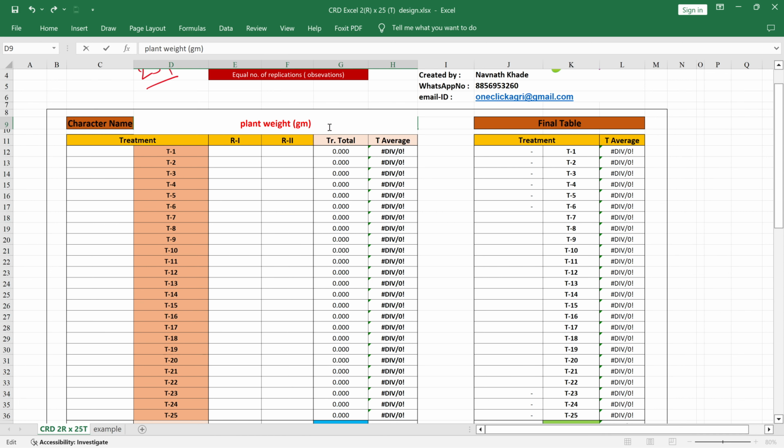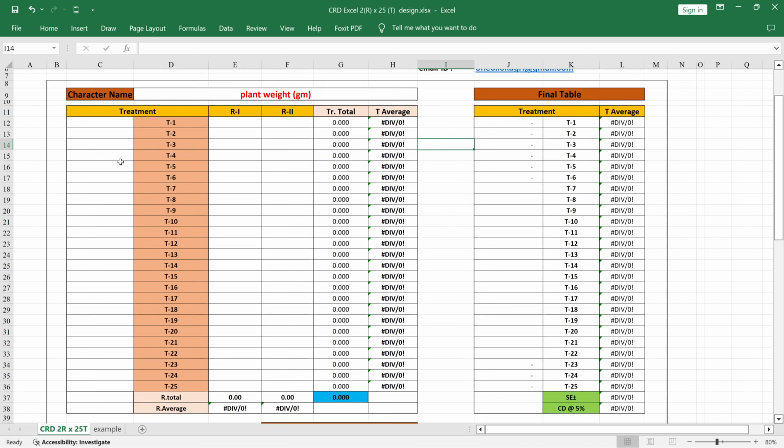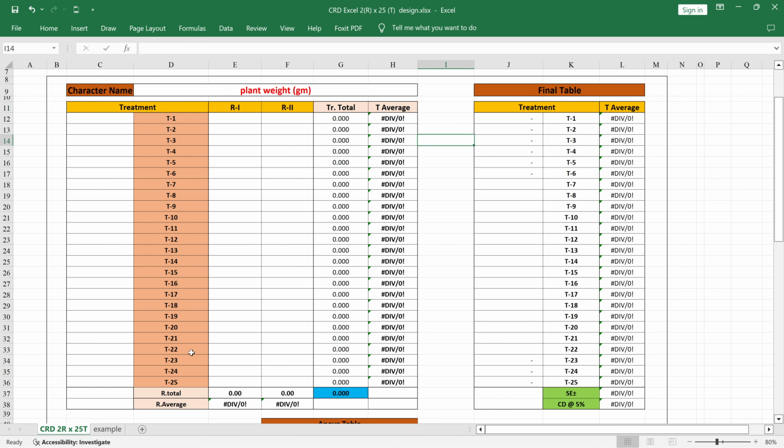We have to mention the unit. The unit is very important when you are going to analyze your data. You have to put the correct unit for your observations. So for this character we consider plant weight in gram. Below you will get the treatments. We consider a total of 25 treatments, so we have to give the input of our original data,